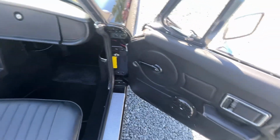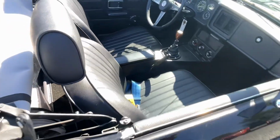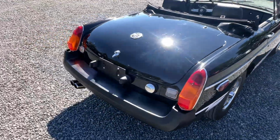Someone took out the radio. I mean, I got speakers on the door panels, but they've capped off the antenna and they took out the radio on it. Not really quite sure why, but